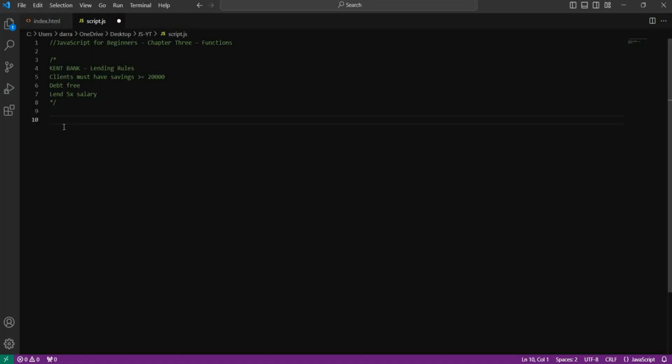So we're going to create a fictional client just for the sake of it, really. So we're going to have client name, client savings, whether the client is debt free, and their salary. Obviously, it's not ideal, putting all this information into just separate variables. Really, you'd want to wrap that in an object, but we haven't covered objects yet in this course, so we're just going to create our variables. So I'm going to say let client name be equal to